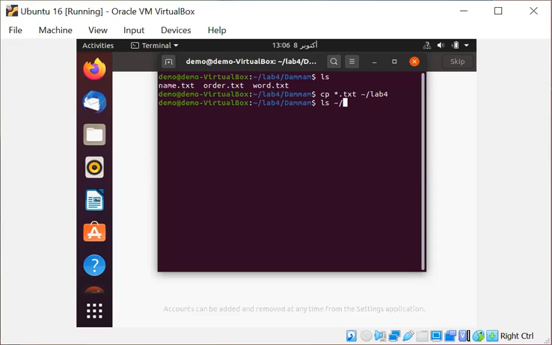Let's see how does it copy? Yeah, all the 3 files are in lab 4. Okay, so this is wildcard character. Asterisk means any number of characters. Even question mark is also there. Question mark means exactly 1 character. So that is for the question mark. Okay, for example,